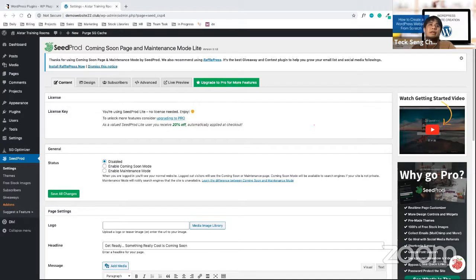Once you activate, you will see that the plugin has already been installed, and they will bring you to the Seek Pro coming soon maintenance page. So same thing, once you see this, just give me a thumbs up.